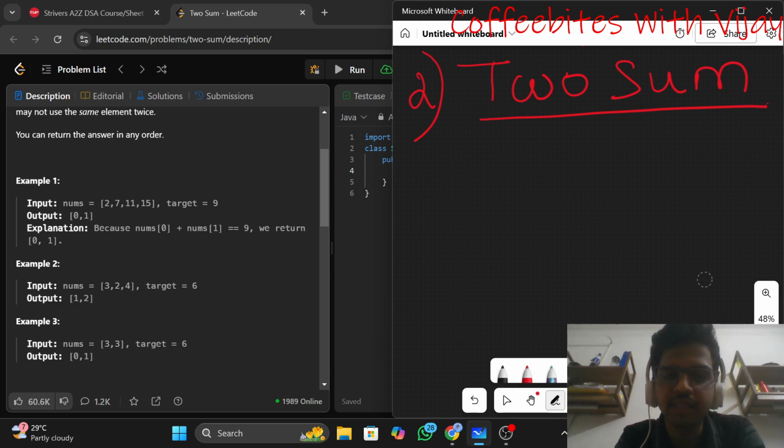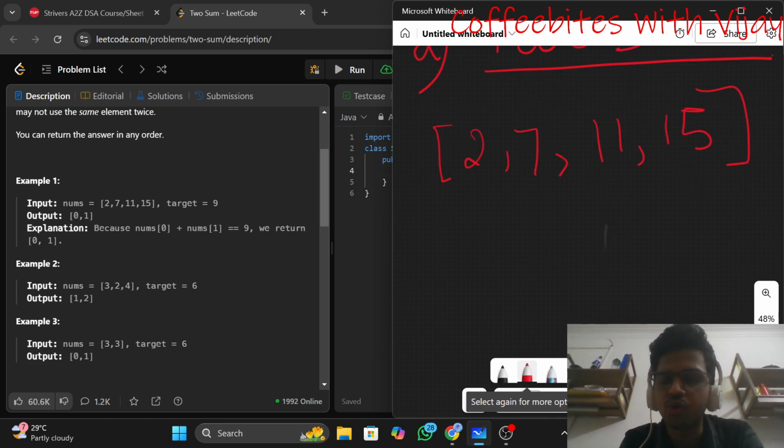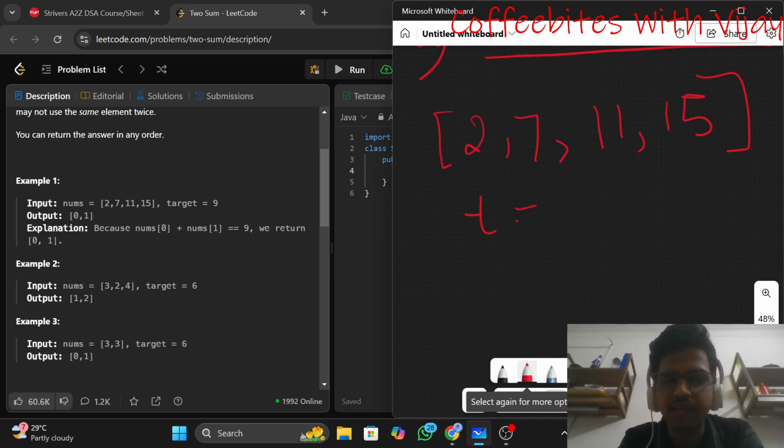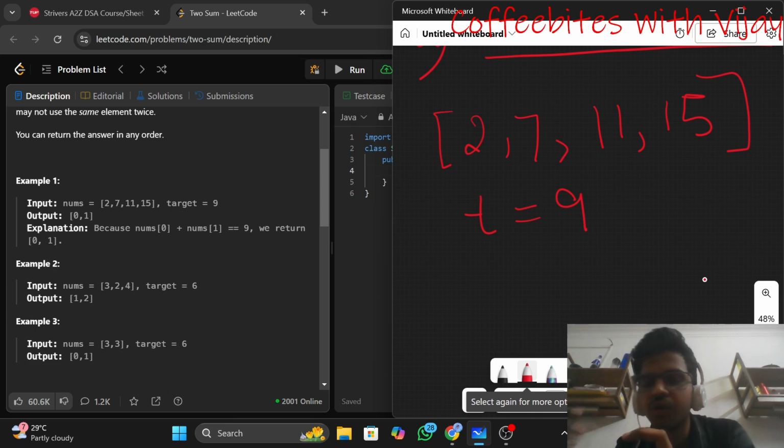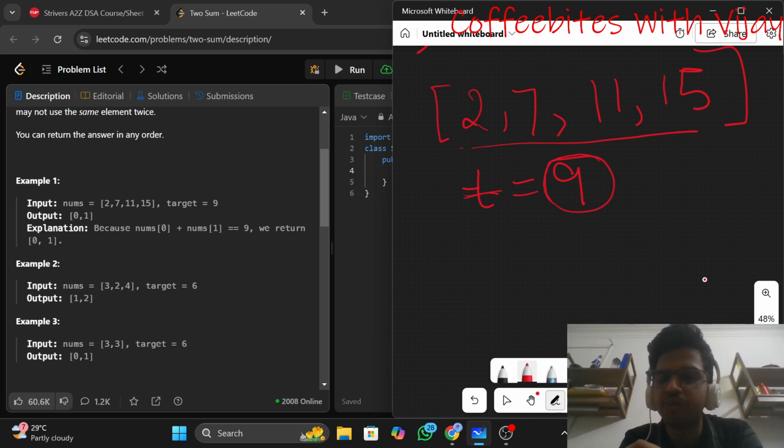For example, guys, this is the array given to you, that is 2, 7, 11 and 15, and they have given you a target that is 9. So your task is to give the index of the values inside this array that add up and give the sum value to be 9.